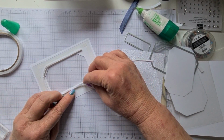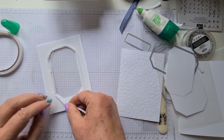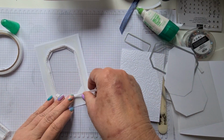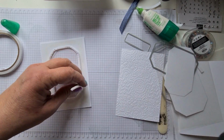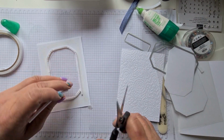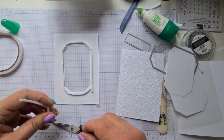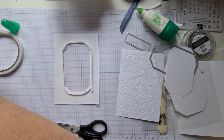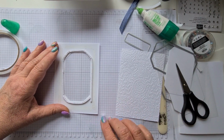And you just don't want any gaps where they can fall out. There, like so. And then just finish it up there and we'll chop it off, and that is all in. Right. And then just to secure